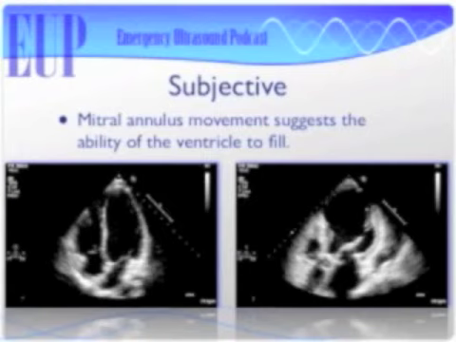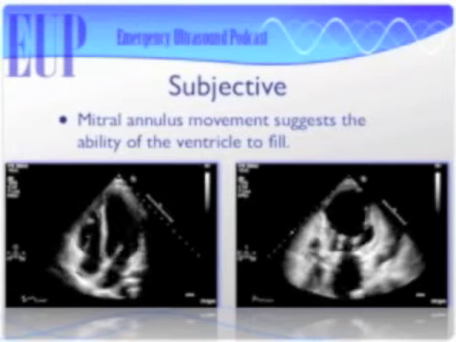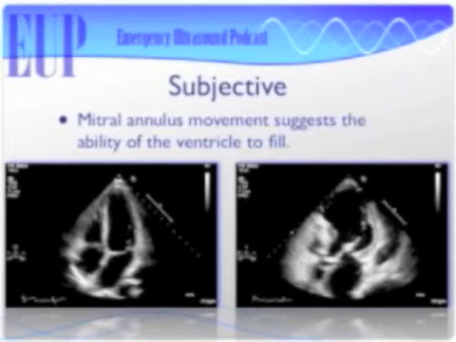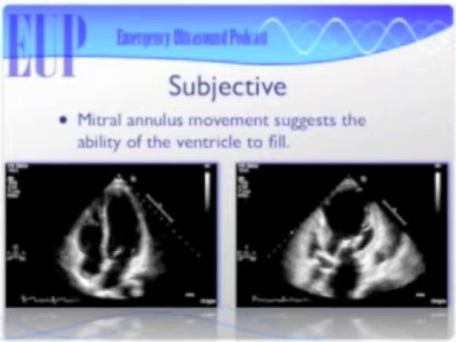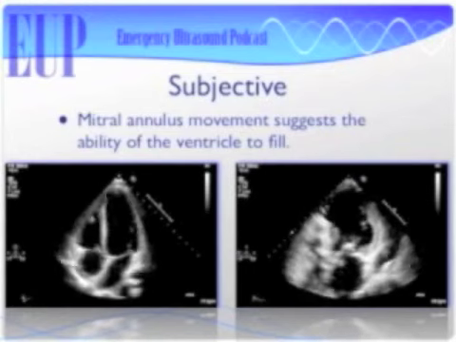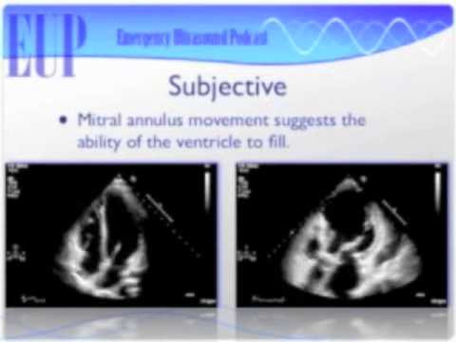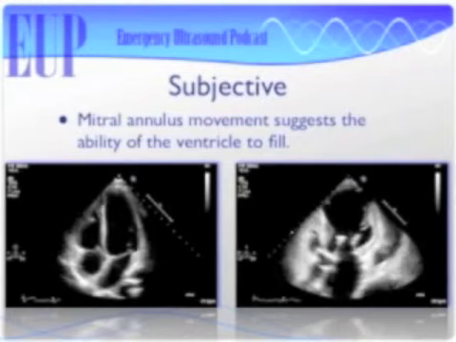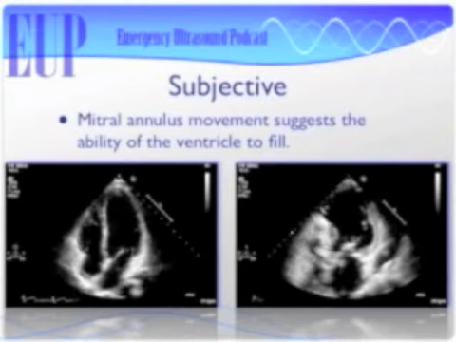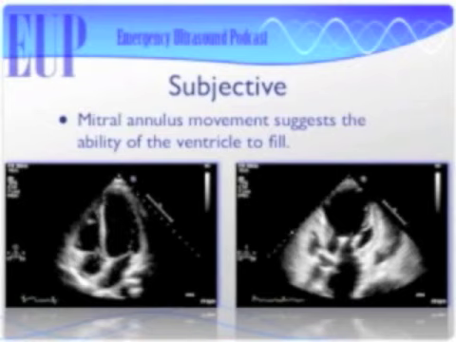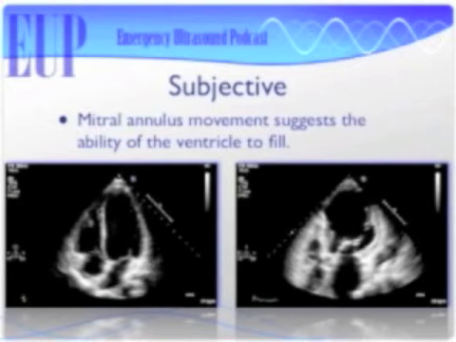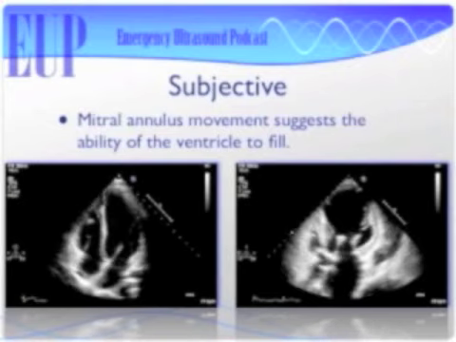So subjectively, here we have a heart on the left, which is normal. It's got a good descent of the base and a normal sized left atrium, whereas the heart on the right clearly has some LAD lesion here. The apex is down. It's not squeezing very well. Clearly, there's poor descent of the base, and there's a big left atrium. So the poor descent of the base and the big left atrium are both signs that there's probably diastolic dysfunction